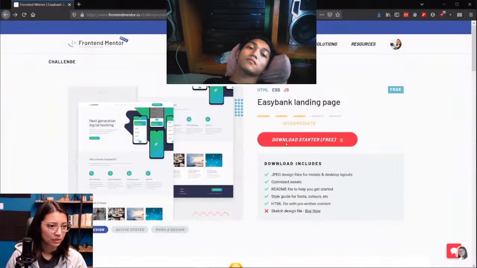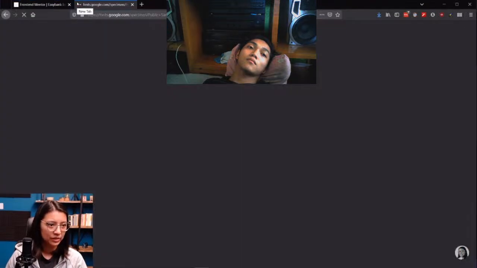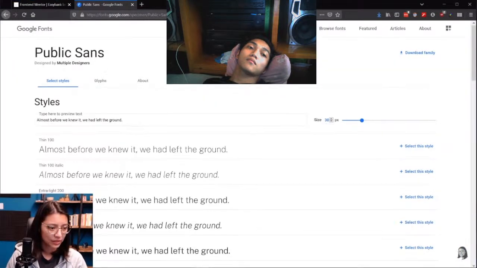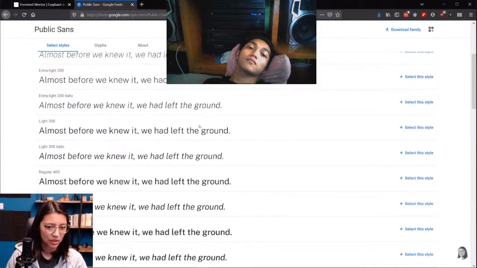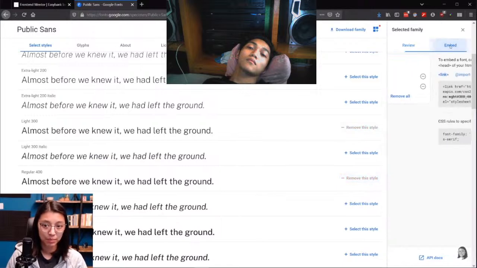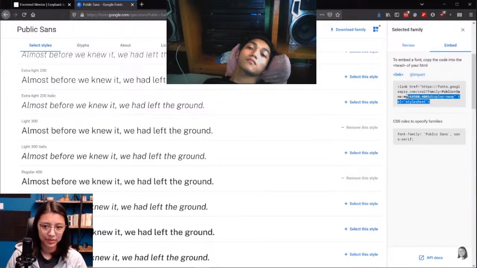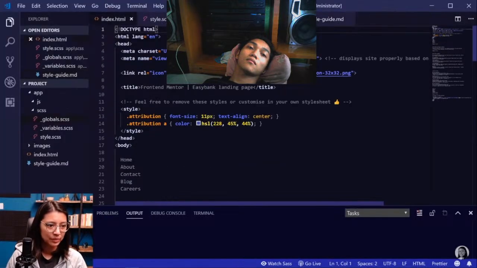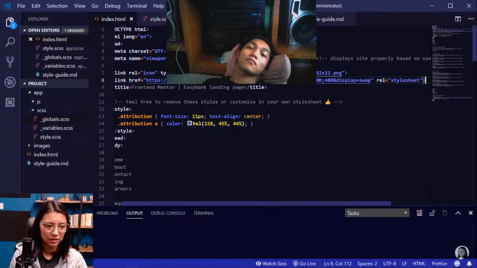We'll go to our browser here, copy this in. I think it wanted to use 300 light and then 400 regular, so I'll select both of those, and we're going to embed it. We'll just copy this link tag here and put it in our index.html over here